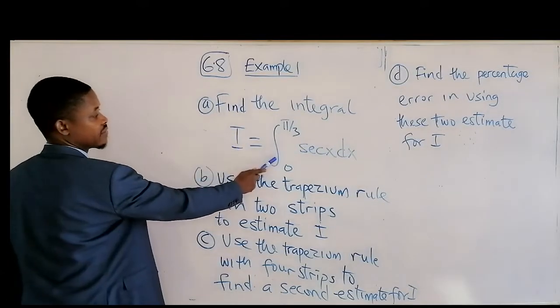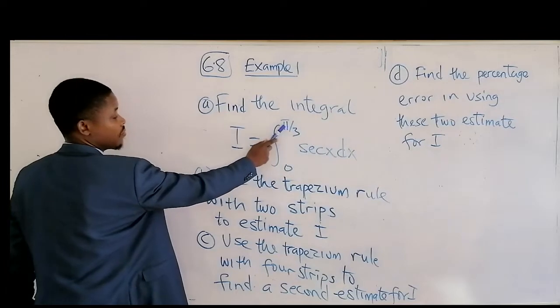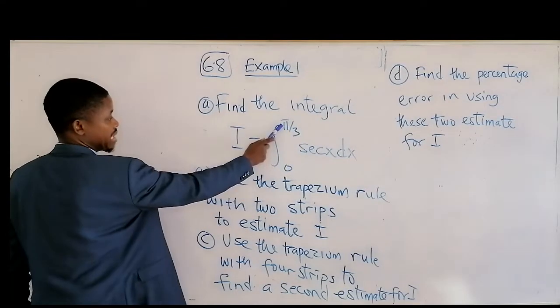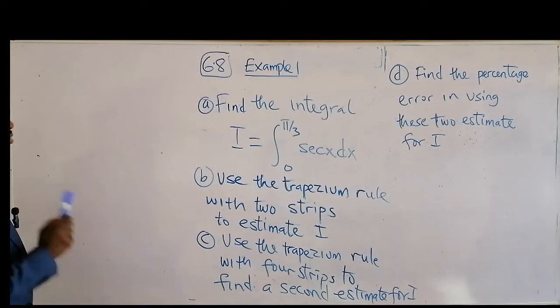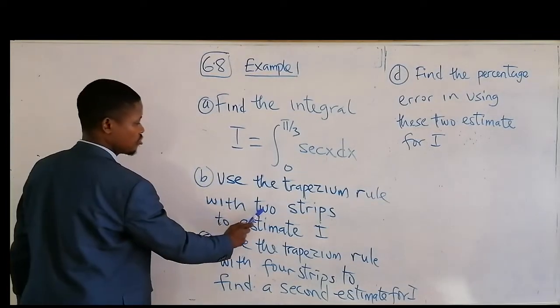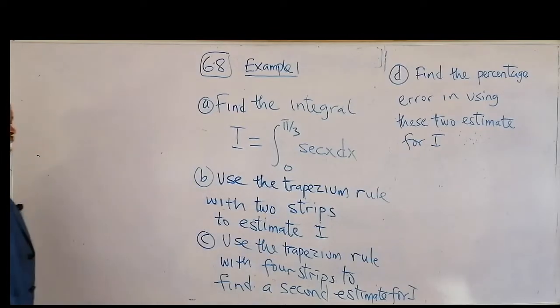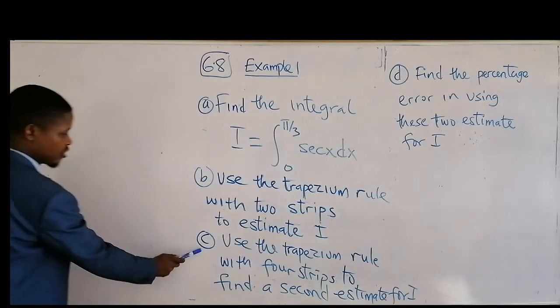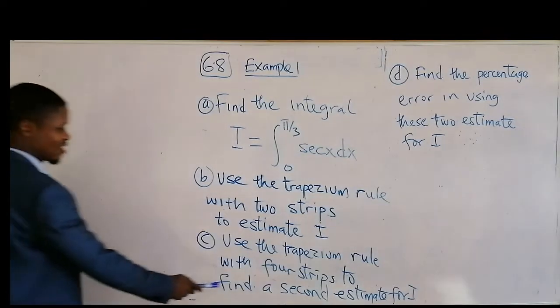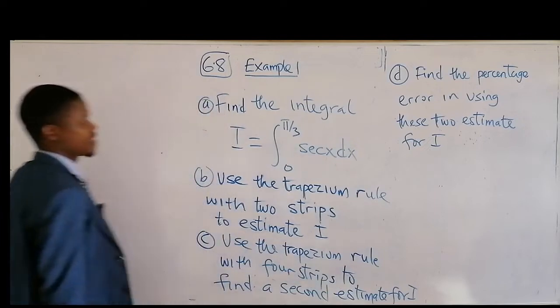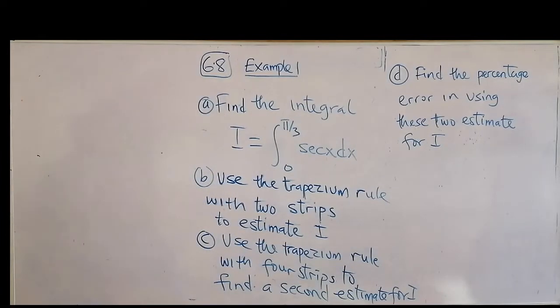This is the integral we have: the integral of sec x, with upper boundary pi over 3 and lower boundary 0. Then the b part: use the trapezium rule with two strips to estimate r. The c part: use the trapezium rule with 4 strips to find a second estimate for r. And then d: find the percentage error in using these two estimates for r. So without wasting time,